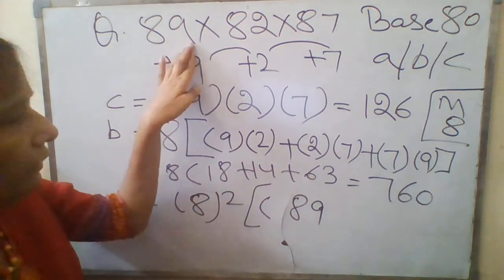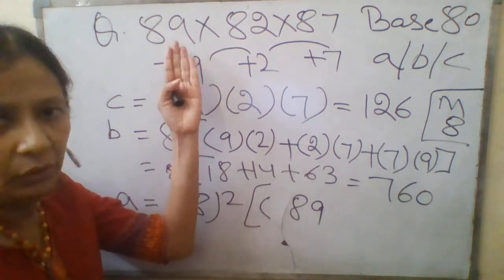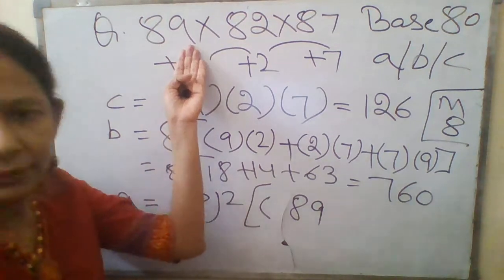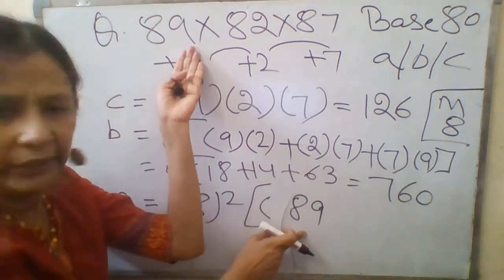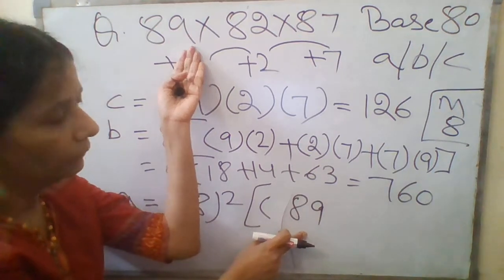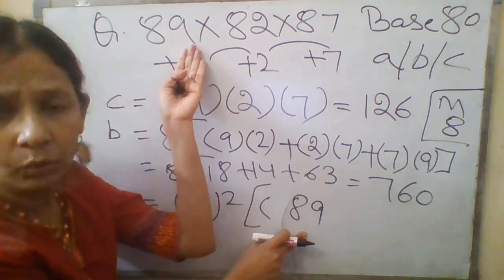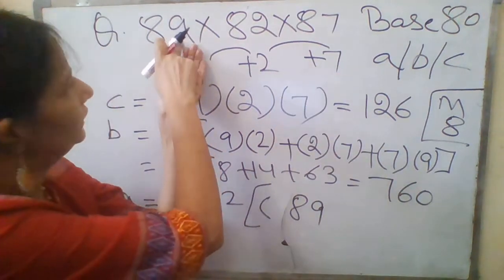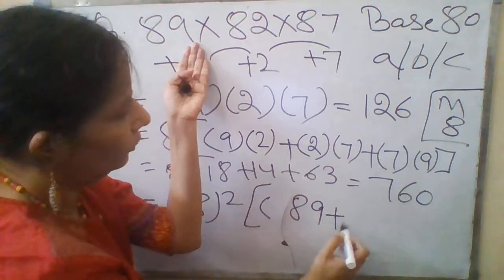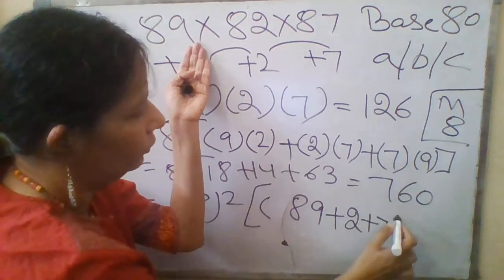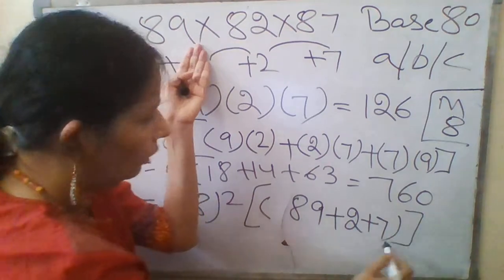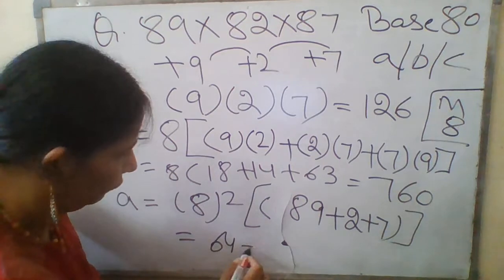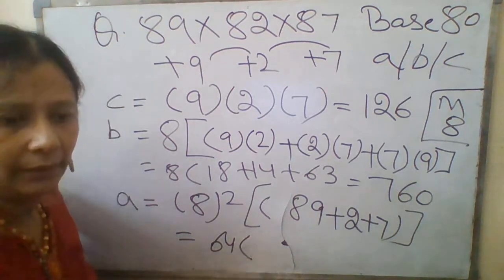So now I will keep my hand on the excess value of 89. Why? Because I will now not take the excess value of 89, since I have already written 89 here. Now what are the other two excess values? This 2 and 7 you can see. So if you have written this 89 here, you write down the other two excess values here and now you will solve it. Now 8 times 8 is 64, and if you solve it, you will put a bracket here.